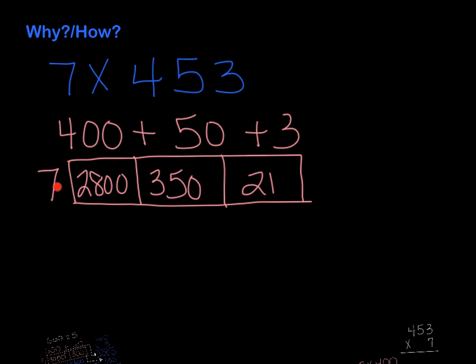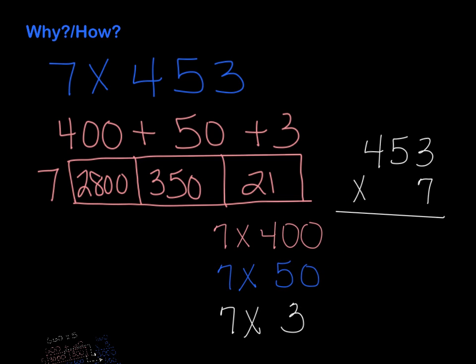So I'll multiply my 7 times my 4 to give me my 28, and then I'm going to take my 2 zeros and place them in my number here. Take my 7 times my 5, I get 35, put my 0 back in here. Take my 7 times my 3, and I get my 21. So to look at that as you would write it,